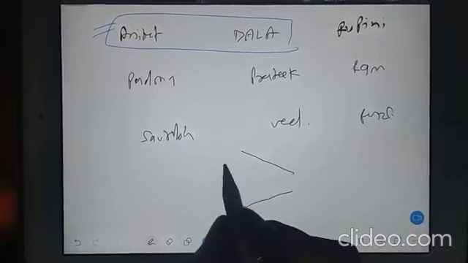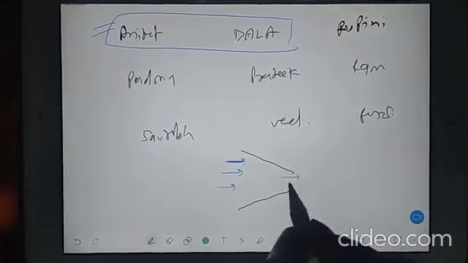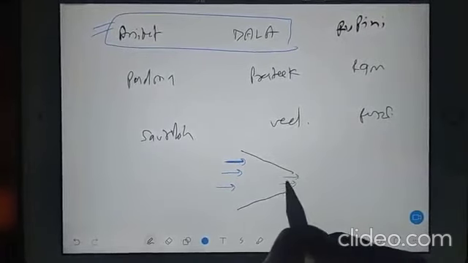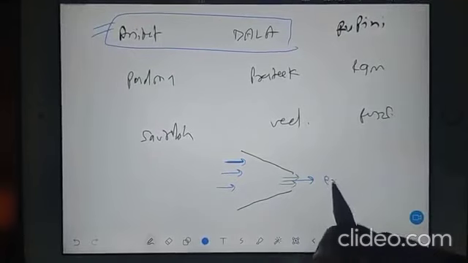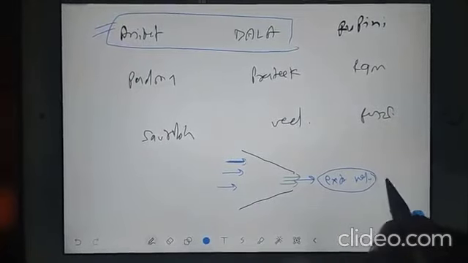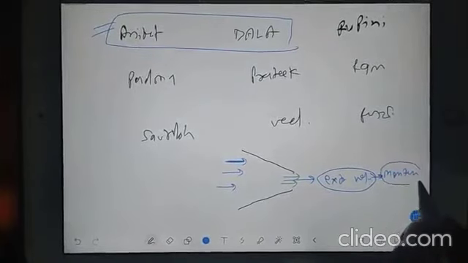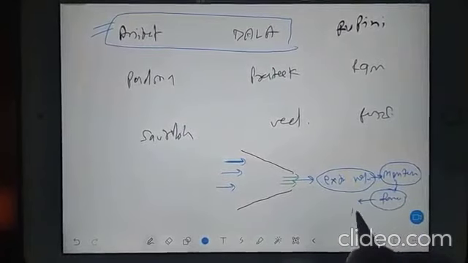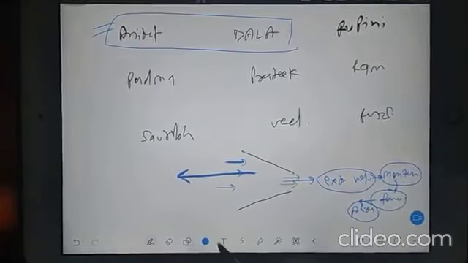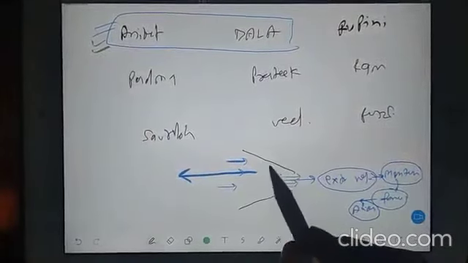Suppose that Aniket and Bala know that there is something called the concept of a nozzle. If somehow air enters the nozzle, then that air will accelerate in the nozzle. So at the exit, we'll get extra velocity. That velocity we can convert into momentum, and that momentum we can convert into force. Force is nothing but action, and that action will give us a reaction. So these two people said, okay, we can create something like this.